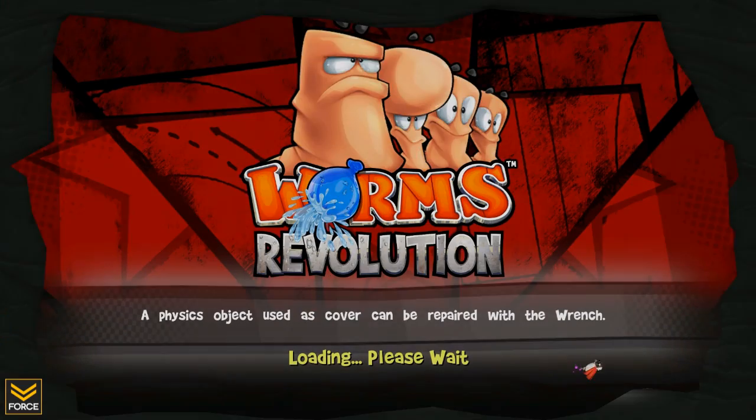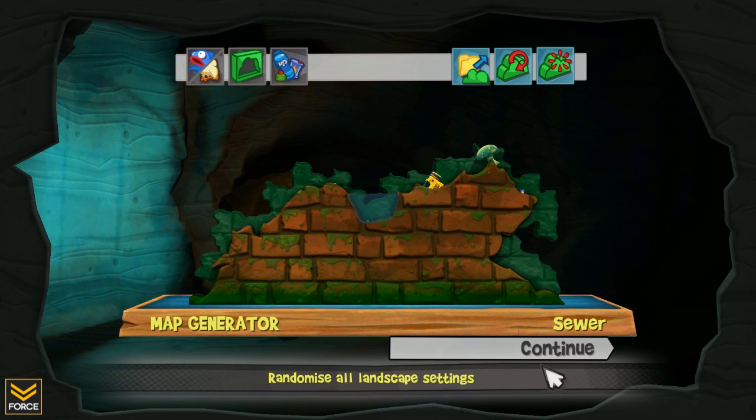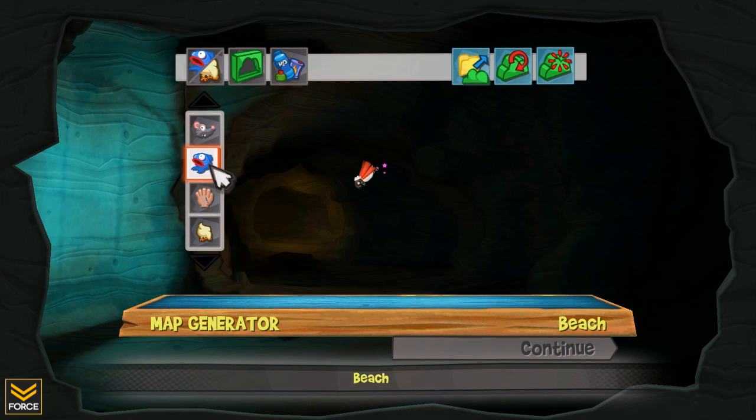And what's going to happen is before we get kicked into the game, we get brought up to a map generation screen. So here in the map generation screen, you've got all sorts of options. You can see the theme for your landscape, the landscape template, as well as objects to place in your landscape. So there's 4 themes: sewer, beach, spooky, and farmyard. I think the one I couldn't think of was spooky before, but yeah, there are 4 themes that you can play with, and depending on the theme that you pick, it's gonna change the general look